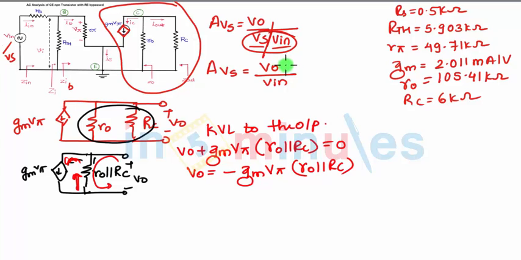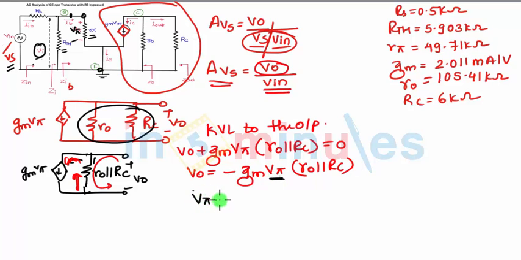Now for the voltage gain, you need to express VO in terms of Vin, then only we will get the expression for AVS. That means what we need to do over here is replace this V pi with respect to Vin, then if Vin goes on the other side, you will get AVS. So we try to get this V pi in terms of Vin. Now V pi is the voltage across R pi. V pi and Vi are the same because there is only a single resistance between the base and emitter. That is the most important part. In the base you have two resistances. You need to express this Vi in terms of Vs or Vin.